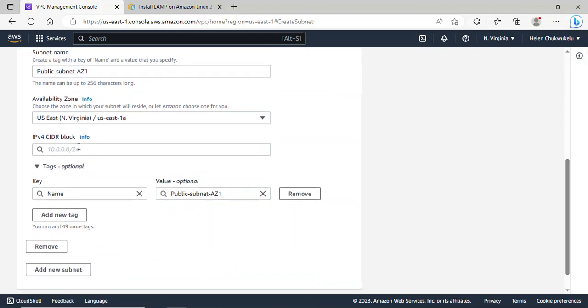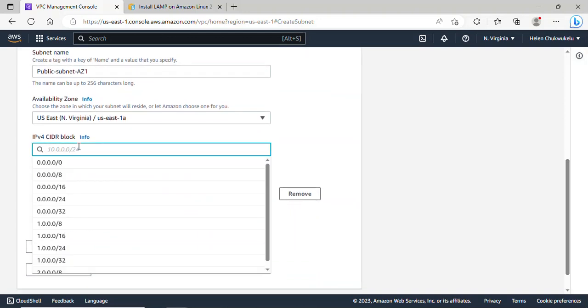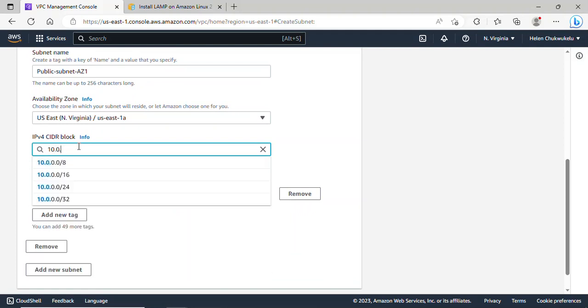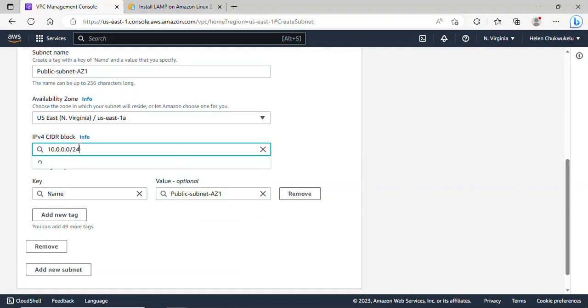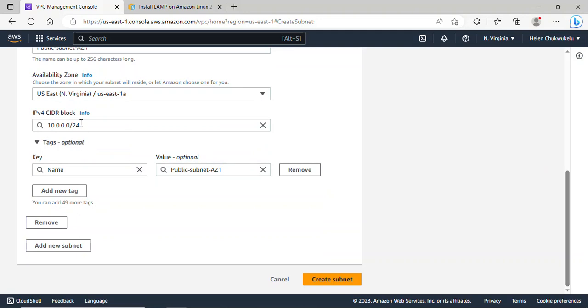The IPv4 CIDR that I'll be using is 10.0.0.0/24. This is it here. The tag is fine. So having created the first subnet, I'll go ahead and click on add new subnet here,